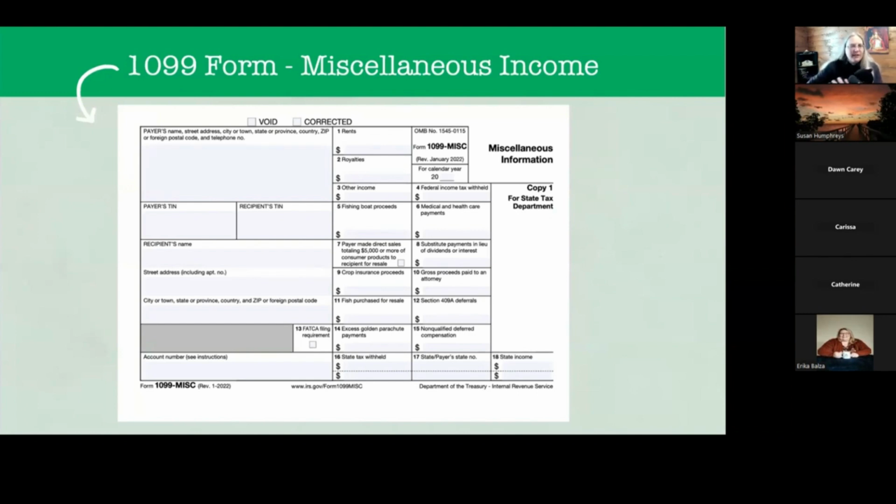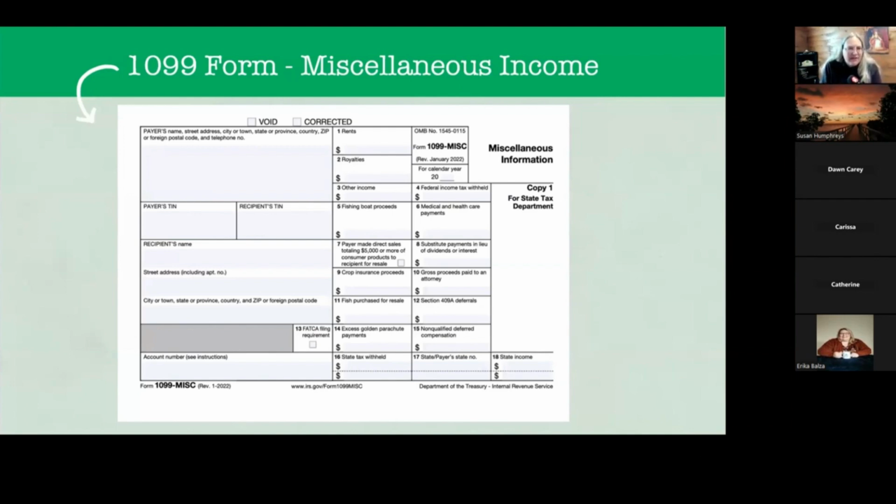Box 1 is rent, 2 is royalty, 3 is other income, and 4 is if any federal income tax was withheld. 5, fishing boat proceeds. 6, medical and healthcare payments. And 7, line 7 appears on both the miscellaneous and the NEC, but they're different boxes. And all you do if this box applies is